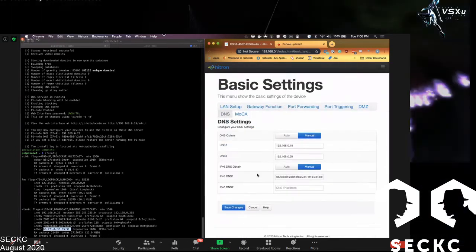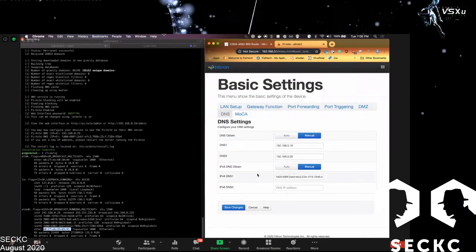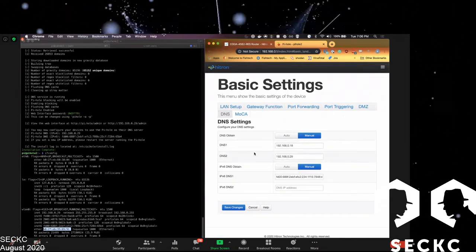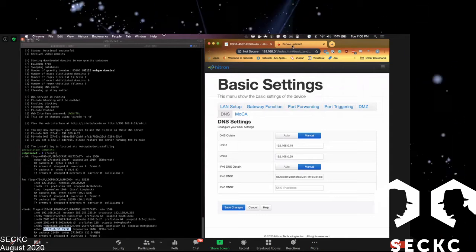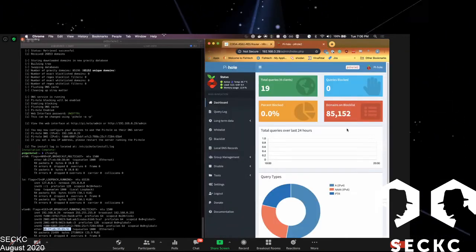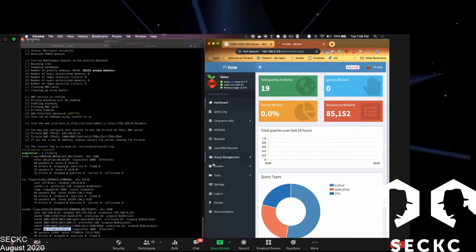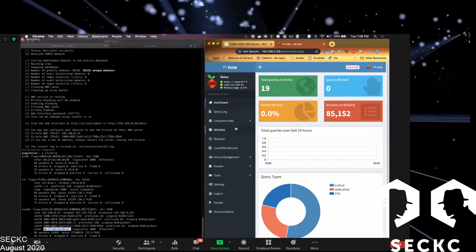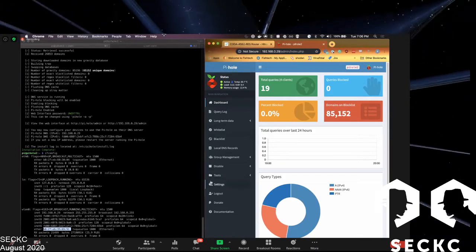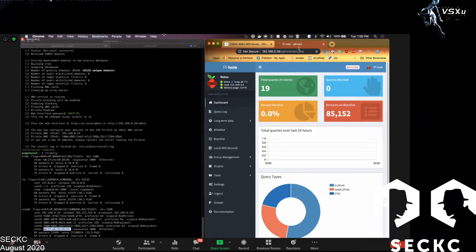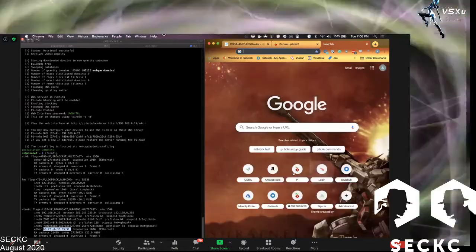But some devices, specifically like some Roku TVs, they don't necessarily like having just a single DNS server. But hey, look at that. There we go. Now we're seeing queries coming in. Sometimes if you have two, it should split the load up pretty evenly. Not always though. However, if we go into my regular Pi-hole,